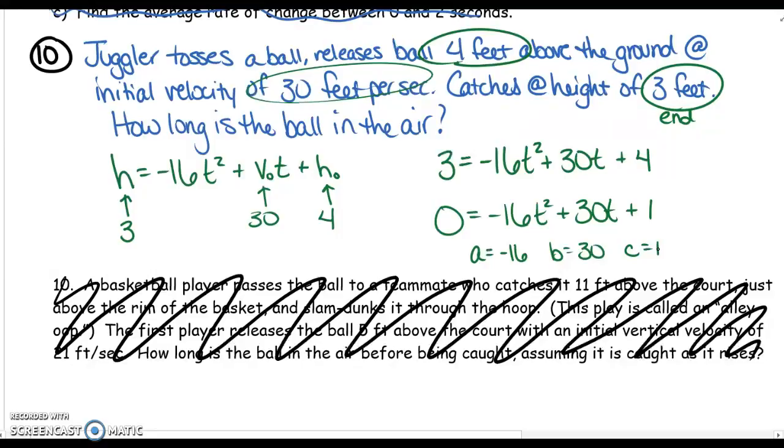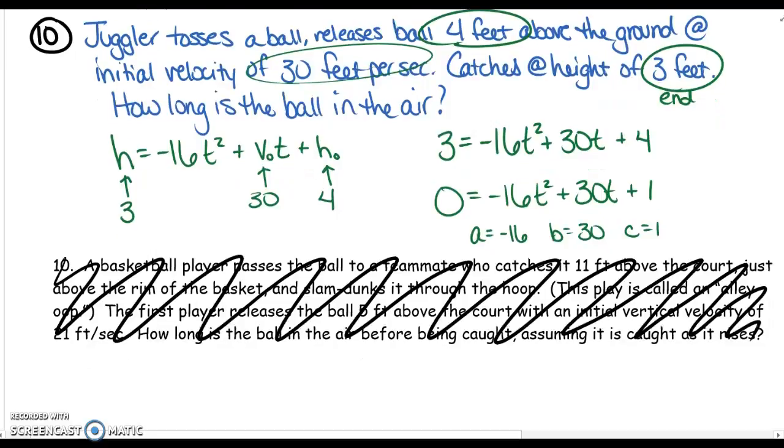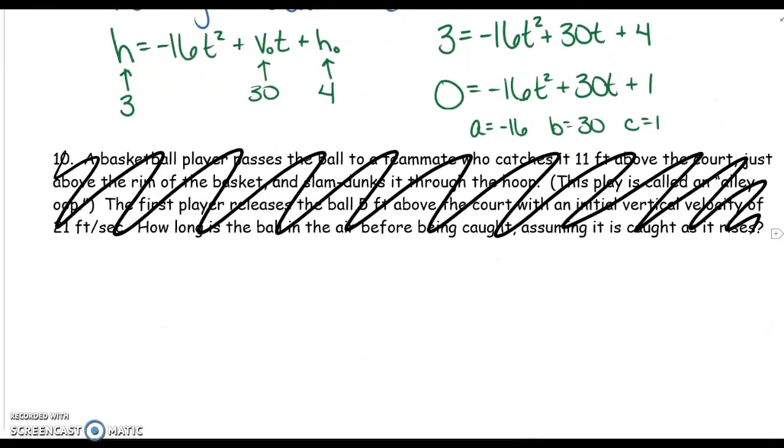Because this is a real world situation, we are going to end up plugging this into our calculator and getting a decimal answer. So if we end up with a negative on the bottom of the quadratic formula, that's not a big deal. If we are simplifying radicals with our quadratic formula, you really don't want a negative on the bottom. So, quadratic formula, x equals, or in our case, t equals, the opposite of b, so negative 30, plus